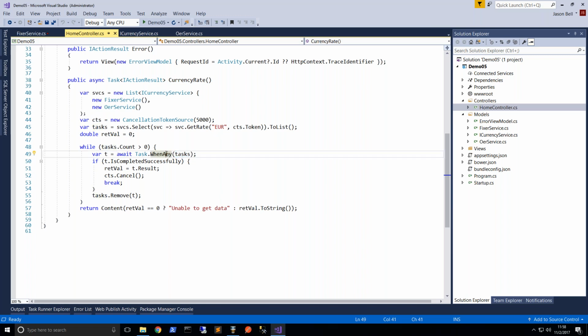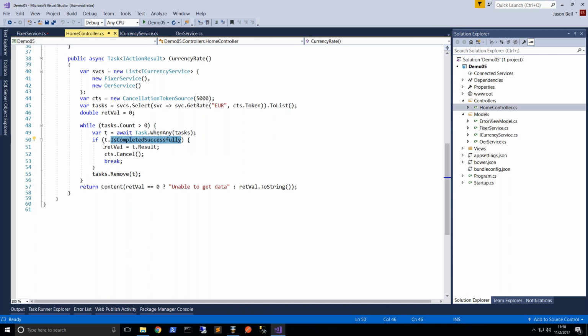I'm waiting for one of them to finish. And then when one of them finishes, I say, well, why did it finish? Did it finish because it was successful? Oh, yes, it was. Well, then get the result and then cancel the others. So I call cancel on the token source. Okay. Boom. And so then I just break out of this loop and then I print out the currency rate